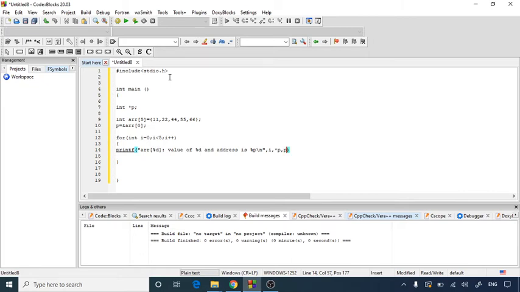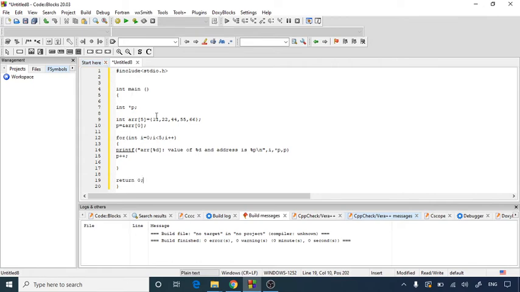We are doing this for each and every array element, and we have to show the address. That's why we are going to use p++. That means we are going to increment p for each iteration until the condition fails, and then a return statement, as we have used the integer main function.